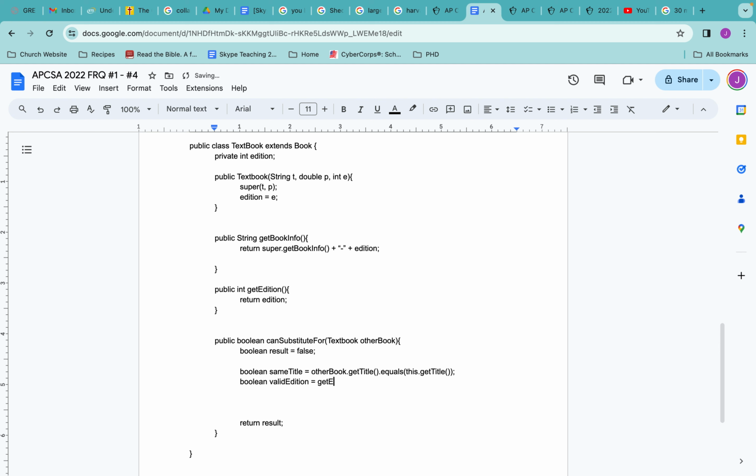get addition. Yep, I definitely needed to write that method. Otherwise, I can't do this. Well, I could say addition. If get addition returns a number that is greater than or equal to other book dot get addition. Okay, good. So then it makes my life easier, because now I just say this in my